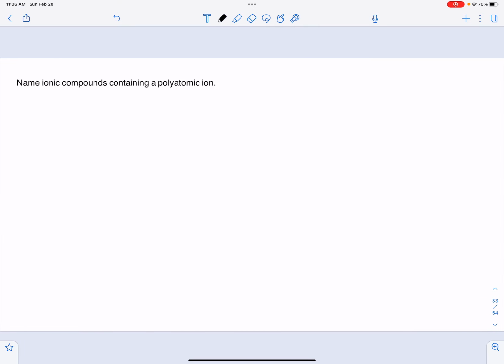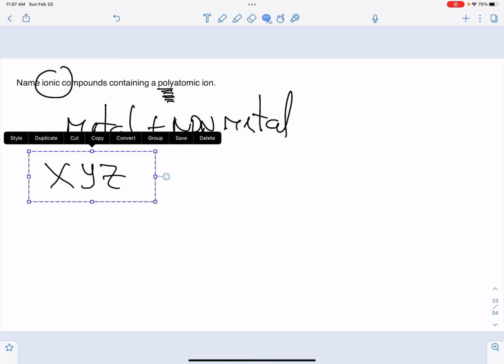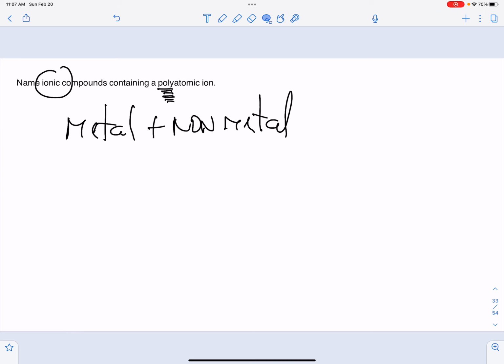So now, we're still doing ionic, which means I'm going to have a metal combined with a non-metal. Notice that this one doesn't say binary. So we're not dealing with binary anymore. We're going to be dealing with more than 2. So we're dealing with poly, a lot more than 1, polyatomic ion. And what are the polyatomic ions? Well, remember that we learned that? The polyatomic ions are going to be, for example,